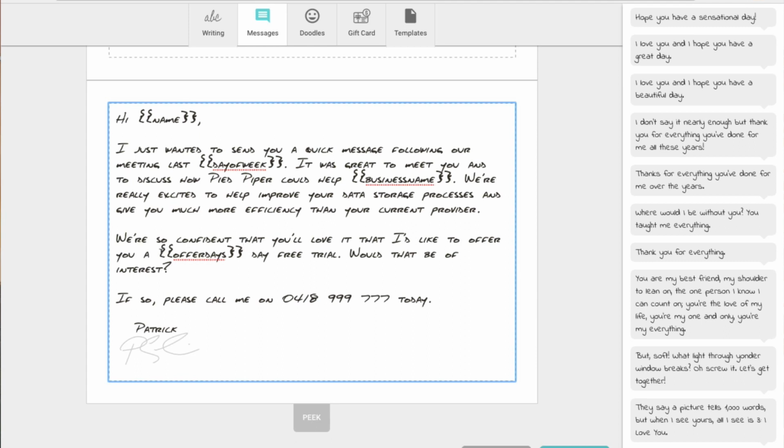So now that's going to ask me to change that from 30 to 60, 100 days, whatever it might be that is suitable for this particular trial based on the size of the business or what have you. So that's now a variable text as well. But I'd also like to make this usable for anyone in the company. So I'm going to change my phone number as well. So I'm going to copy that out there, or highlight that bit, and open brackets and put phone number,